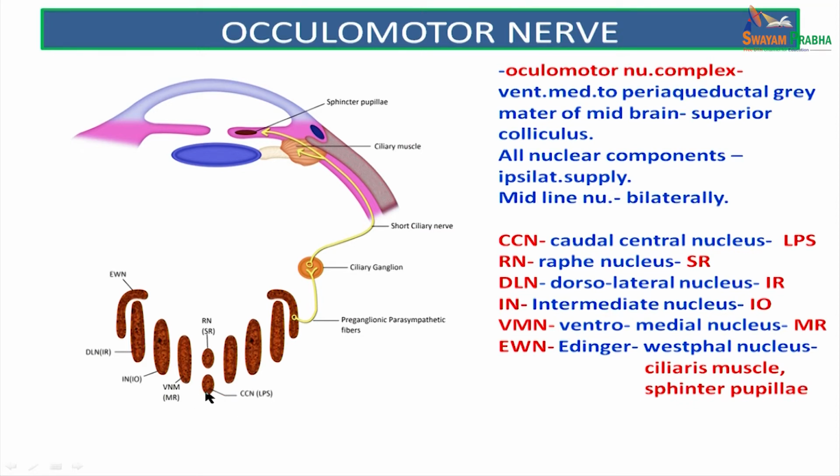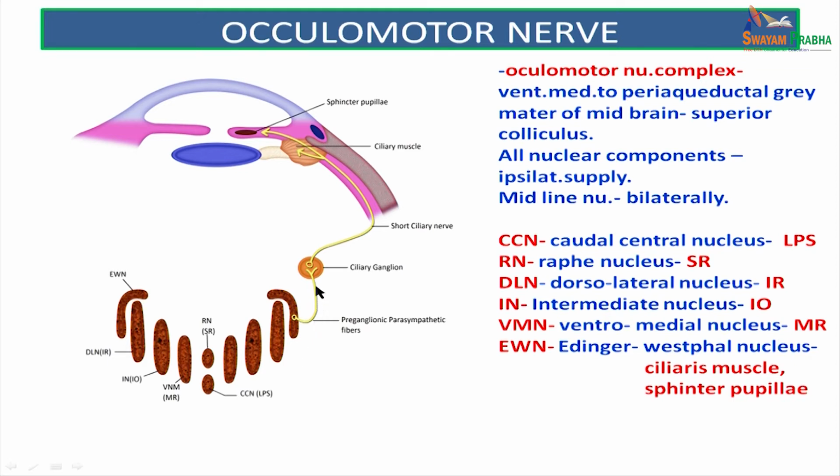So, the caudal central nucleus gives its fibers to levator palpebrae superioris of both sides. The raphe nucleus gives its fibers to the superior rectus of both sides, and the dorsal lateral nucleus gives its supply to the inferior rectus of the same side. The intermediate nucleus gives its supply to the inferior oblique of the same side. The ventromedial nucleus gives its fibers to the medial rectus of the same side. And the Edinger-Westphal nucleus, which gives the